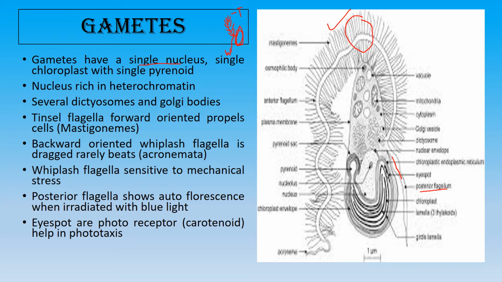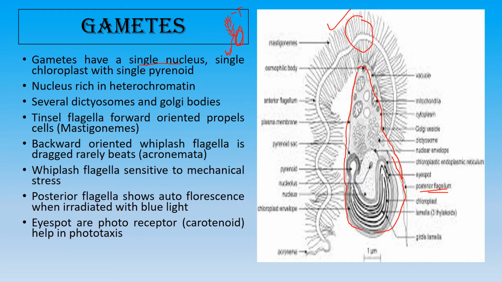It drags off and is not responsible for much of the swimming movement. So this gamete has two flagella, the anterior tinsel and the posterior whiplash flagella. It has a pyriform structure, and it has chromatophores. This pyriform structure,